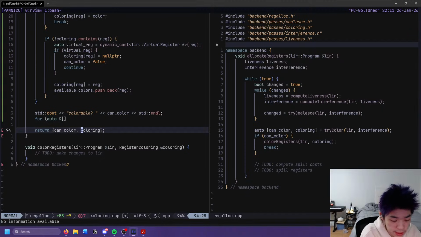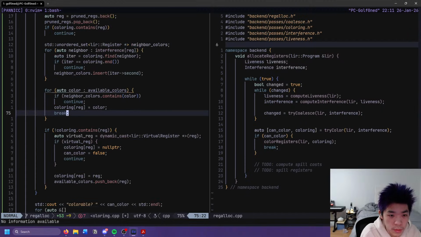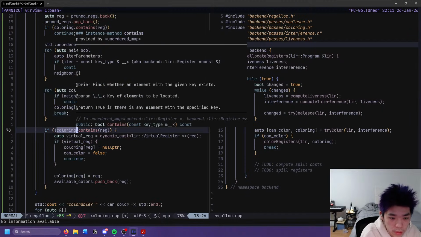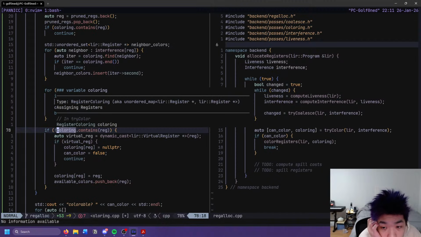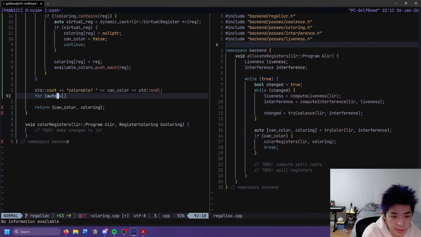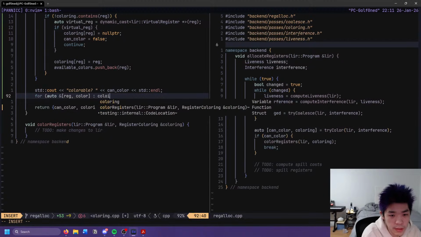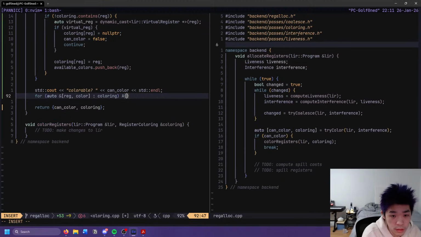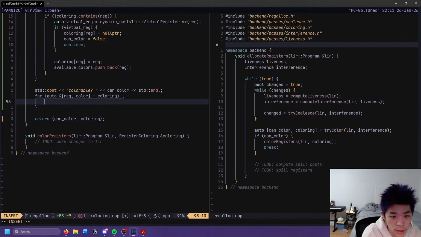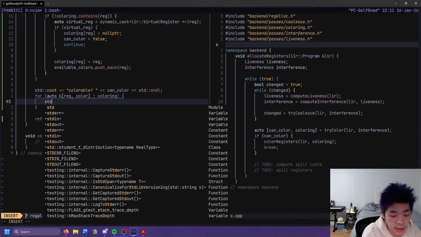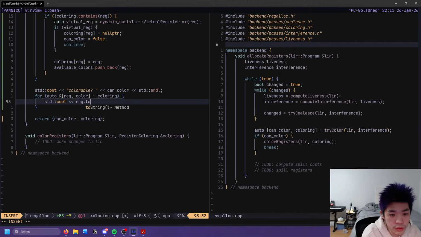What type is this? So register, okay. So we want reg color in coloring. Oh, what the hell? So then std::cout reg to string.